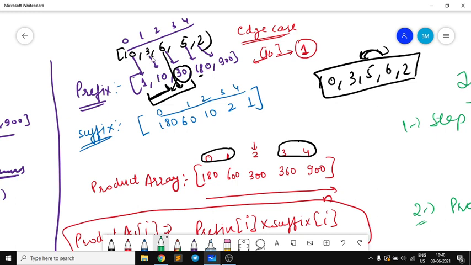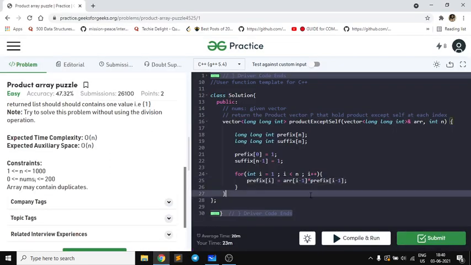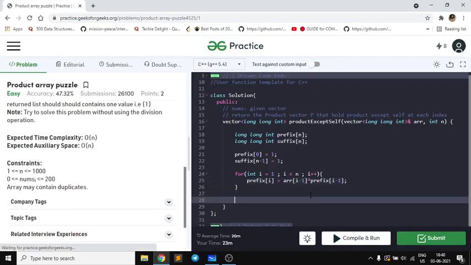So the basic idea, just to remind you again, is that for each index in the prefix I am creating the answer of only the left elements, on the left hand side, excluding this one, because it was asked in the question itself. So that's how I am creating it. I hope it is now clear to you why I am taking, for prefix of I, array of I minus 1 and prefix of I minus 1.